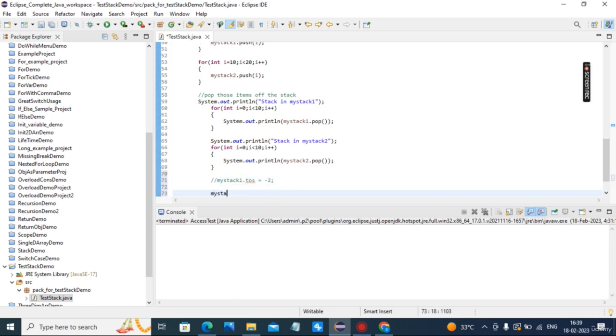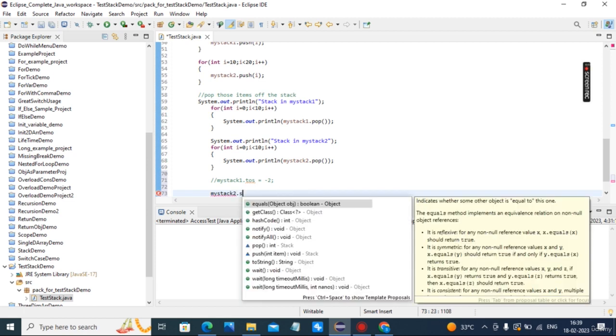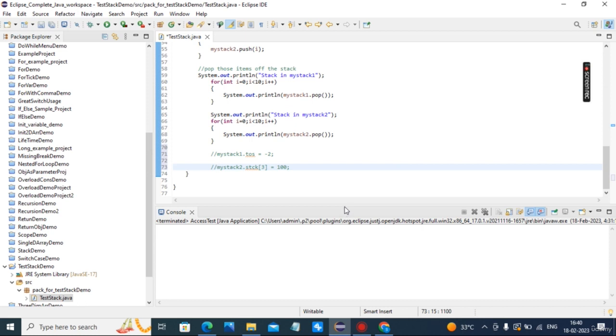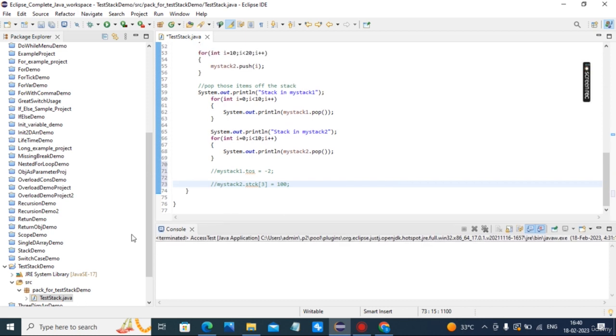My stack 2 dot stack of 3 is equal to 100. It is also not valid because it is not visible. So nobody can accidentally or maliciously change your code or any data name.